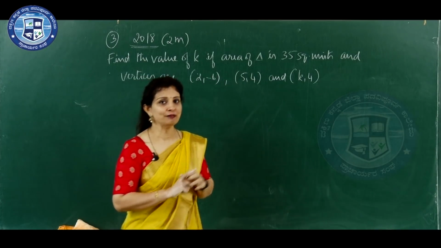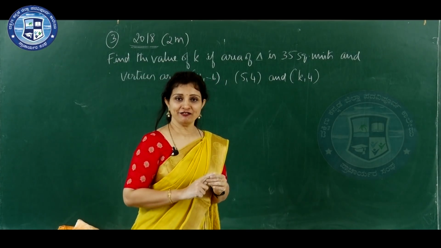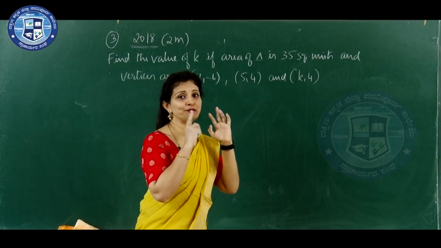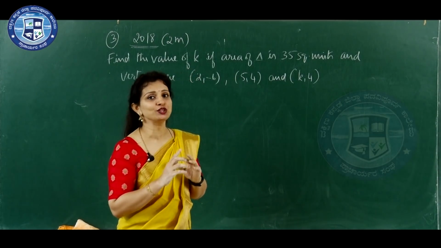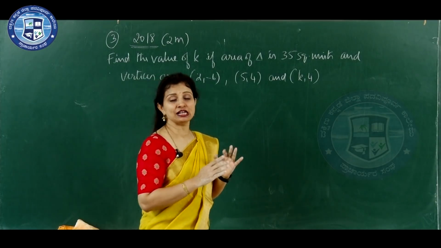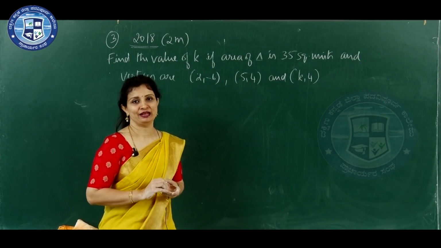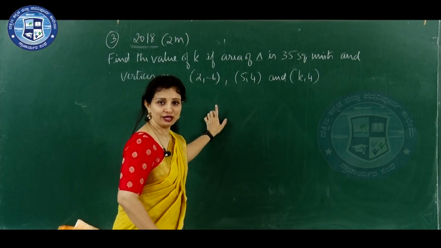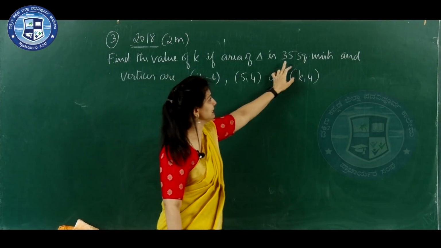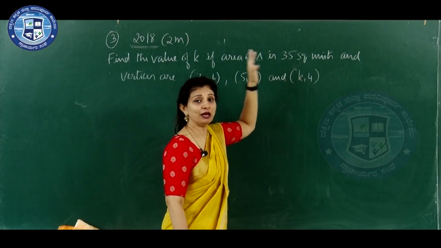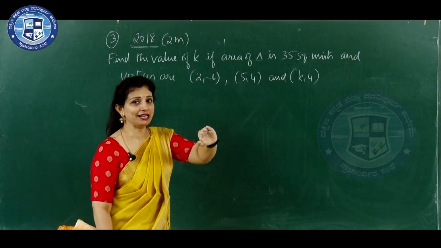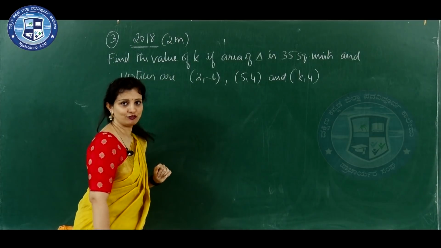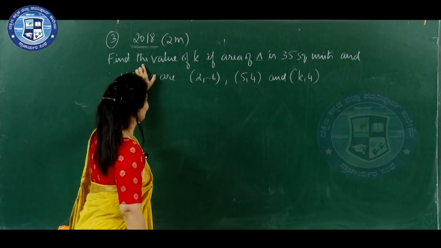As you have learned, if the area of a triangle is given, then take both the positive and negative value of the determinant for the calculation. So, that is note number 2, that you have to apply here. Since area of triangle is 35 square units, take both the plus and minus signs of the determinant for the calculation. Okay. So, what is given here?